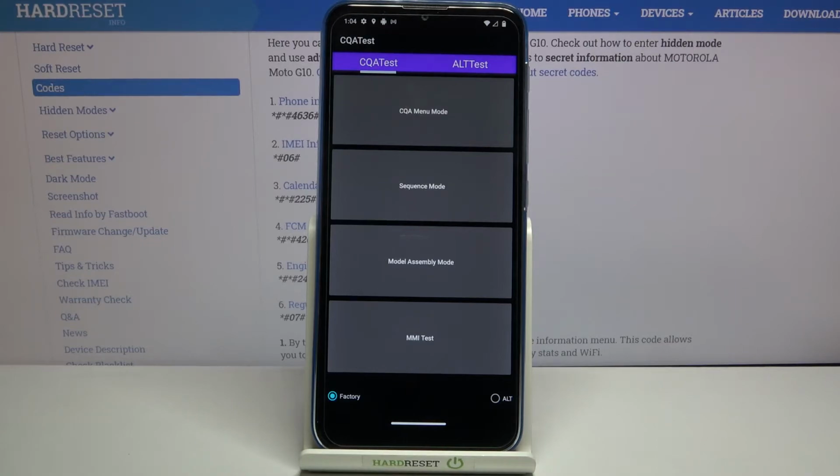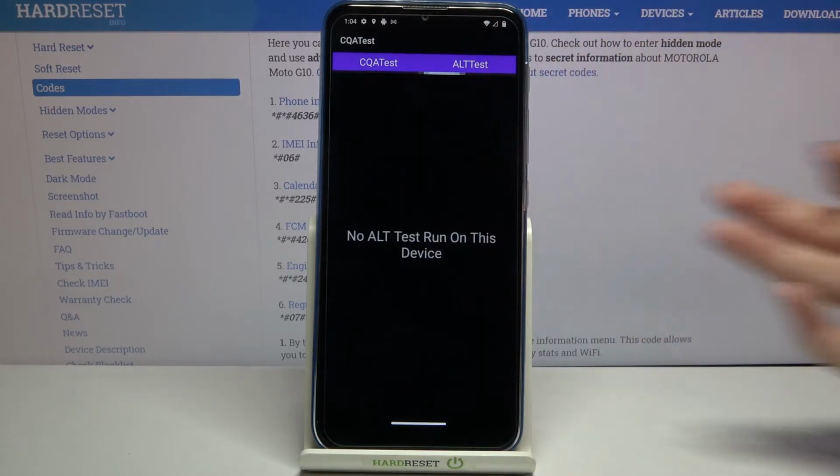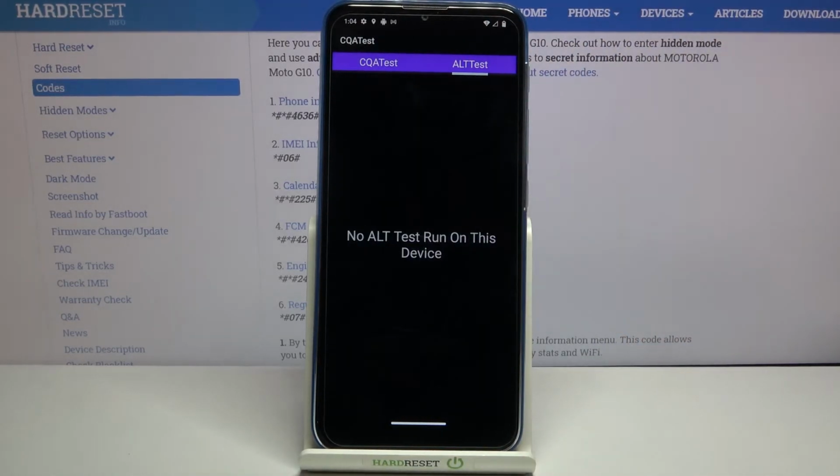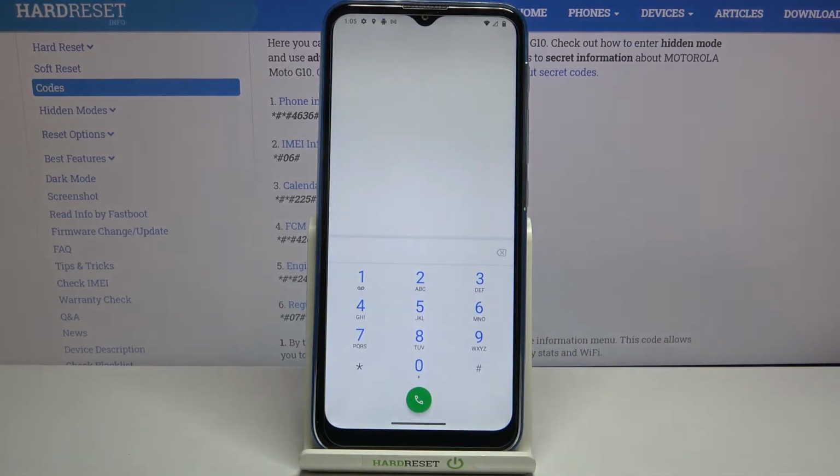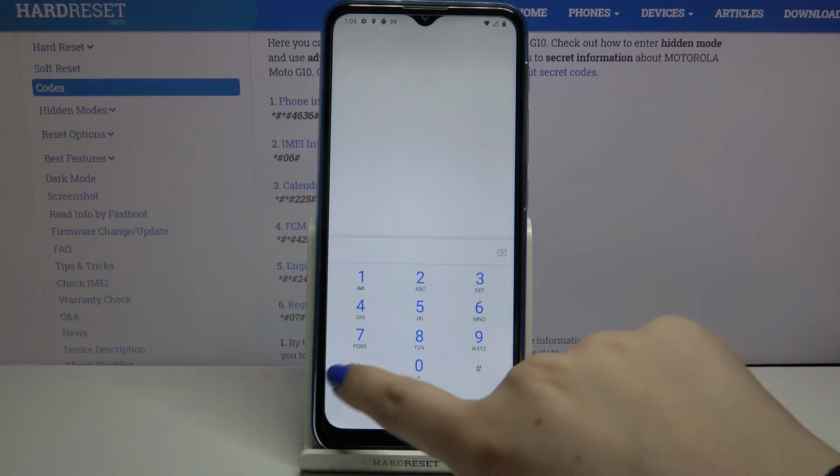Here we've got, for example, the sequence mode option, model assembly mode, or MMI test. What's more, we can tap on here, and as you can see here, we've got the info that we've got no ALT test run on this device. So let's say this is a very technical code. And let me show you the last one, which is